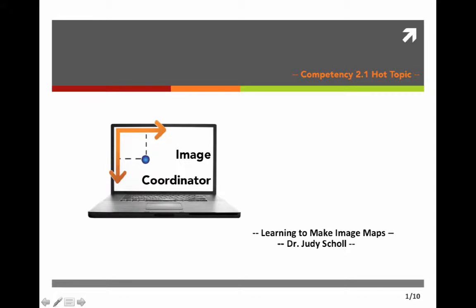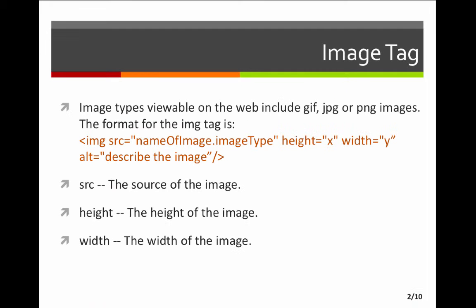Now that you've learned to create some web pages, you'll probably want to start adding some images. Images make a page much more appealing and give the user some interest in your page. Images can be used for many things: either just the image itself, or the image can actually be a map so that you can link from different locations on the image, or the image itself can be a link,